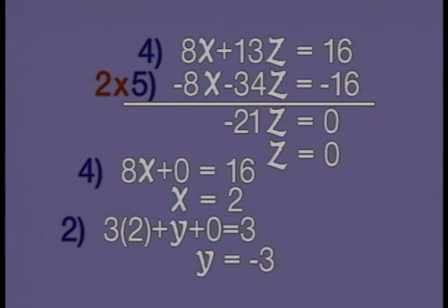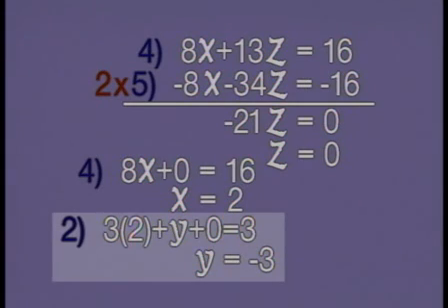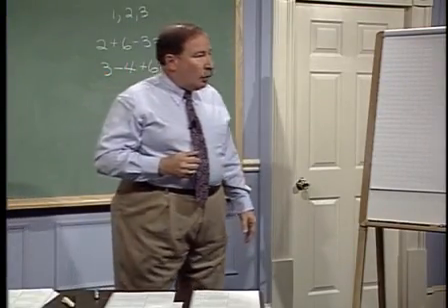Okay? So now we have z and we have x. We can go back to one of the original equations, and I've opted to go to equation number 2. In equation number 2, we have 3x, 3 times 2, which is 6, plus y, we don't know what y is yet, minus 2z. And of course, minus 2 times 0 is the same as plus 0. And that's all equal to 3. And we go ahead and solve. We get y equals negative 3. So we now have our solution, which is x is 2, y is negative